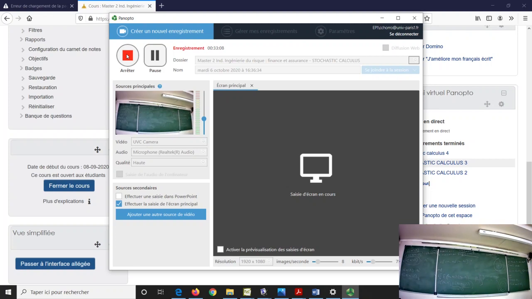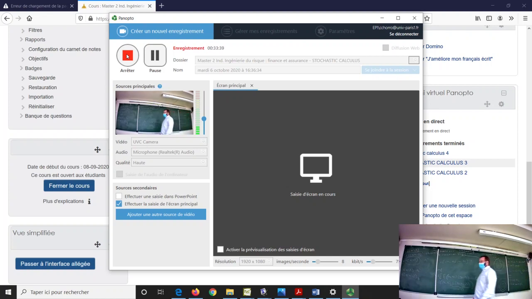Question: when we say square integrable martingales, it means that each MT is square integrable. Yes. All the MT are in L2. If you want these terms to be well defined, you need the expectation of the product to be in L1. One condition to allow this is to impose that each of them is in L2.